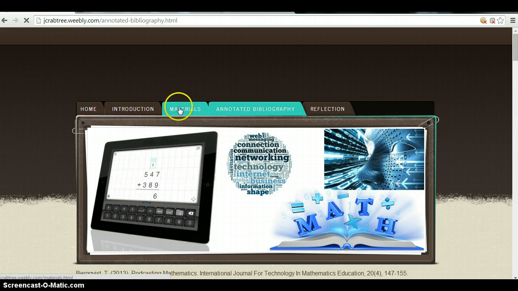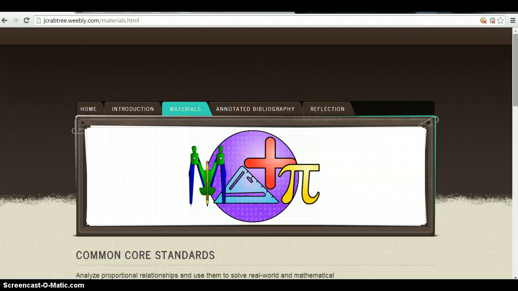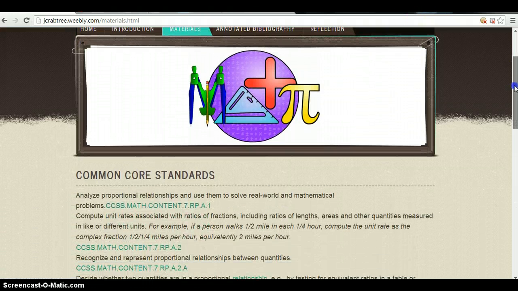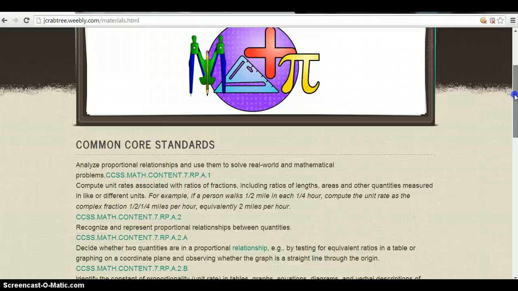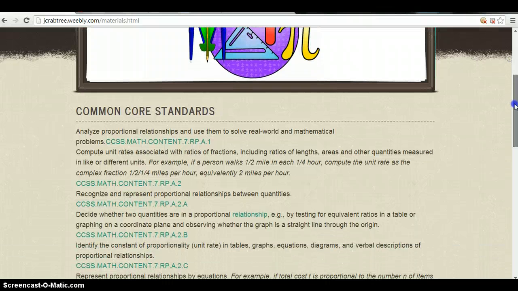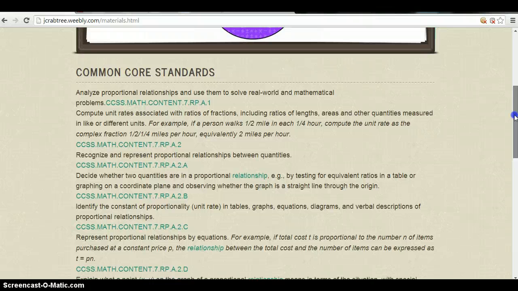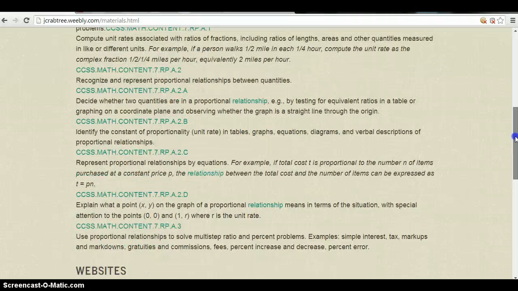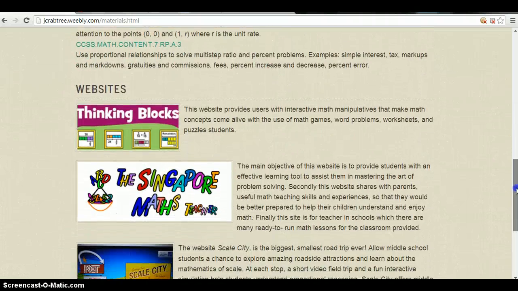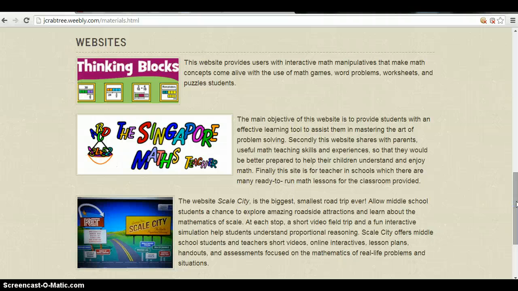And my materials, if it pulls up for me, I came up with obviously the Common Core standards, which I had listed here, and I'm not going to read every single one of those to you, but these are the different parts of the ratio and proportional standards for Common Core. Below the standards, I have a list of the websites, and these websites are absolutely phenomenal. I am so excited to have found these 4 different websites and cannot wait to implement them into my classroom